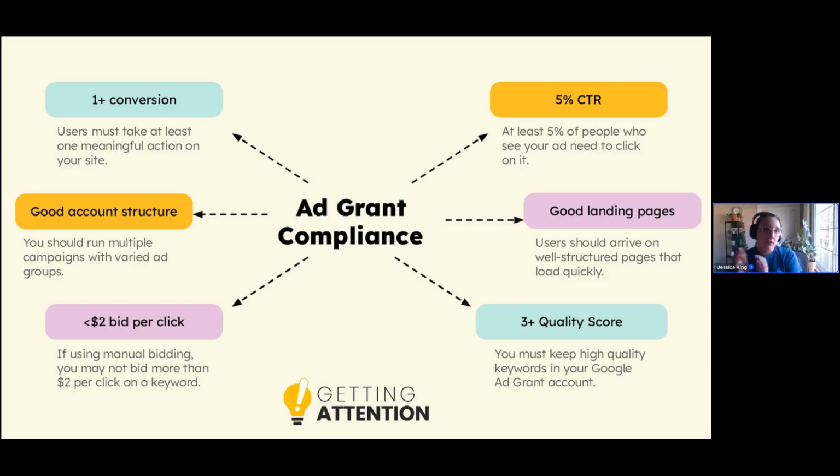The other thing, which is easy to set up an automated rule for, is you need a 3 or better quality score for your keywords. So Google is giving you free money to advertise. It wants to make sure you're running high quality ads and bringing in high quality audiences, basically that you're making them look good, right? So a 3 is actually not a super, super high bar. Keywords are scored out of 10. So you need a 3 or better. Like I said, for most accounts you can set up an automated rule to filter out any low quality keywords that might crop up.